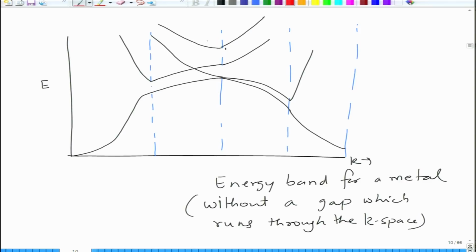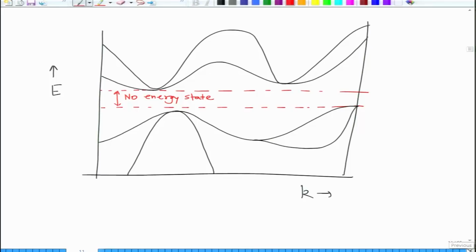So, for example, if you say this is the gap, but somewhere you had an energy state, this is the energy state that is present. So there is not a continuous region in the K space where you do not have an energy state; you always have some energy state present. But here there is a diagram where you do not have any energy state present anywhere. This is an E-K diagram, energy versus wave vector diagram, and we see that there is a gap, and this gap is called the